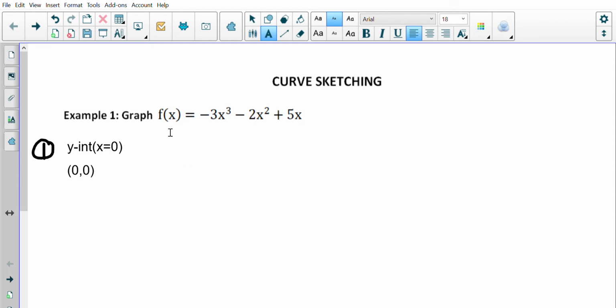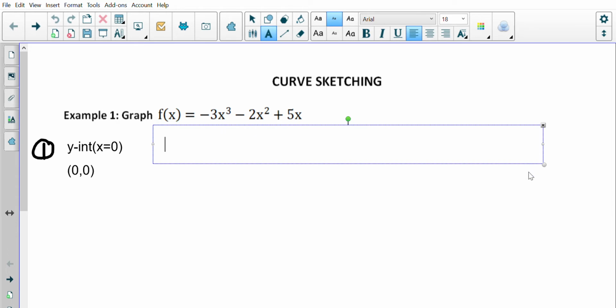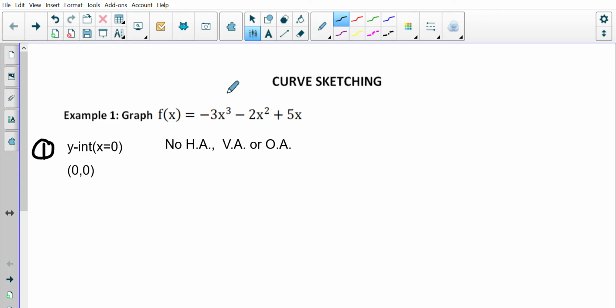Now, we have a polynomial function here, which means there is no denominator. Well, the denominator is 1, if you will, but that doesn't really count. And so for steps 2, 3, and 4, there are no asymptotes whatsoever. So no HAs, horizontal asymptotes, VAs, or the rare one, OAs, the oblique asymptotes. So we don't have any of those. So again, that's steps 2, 3, and 4. And now we get to step 5,